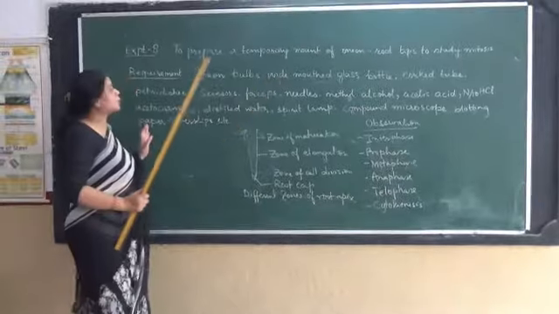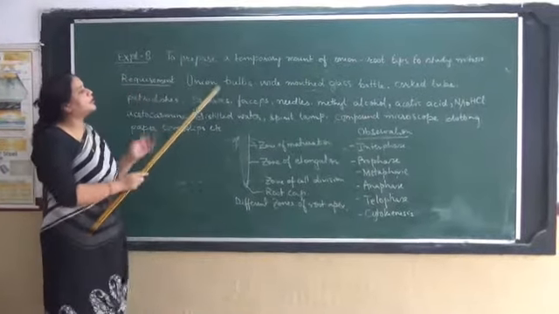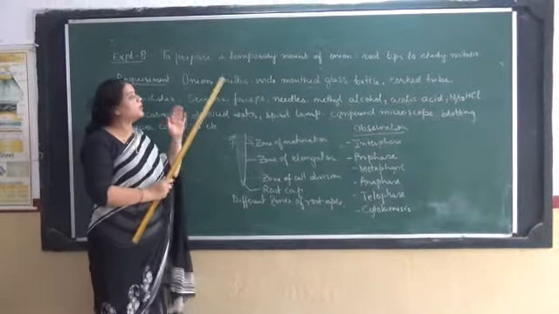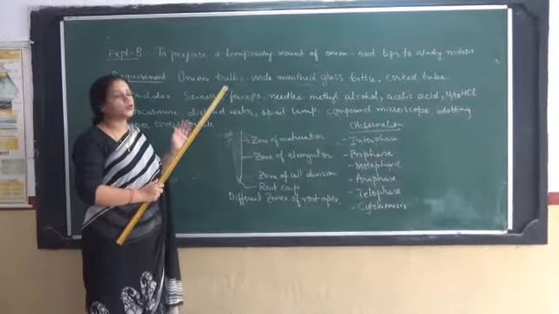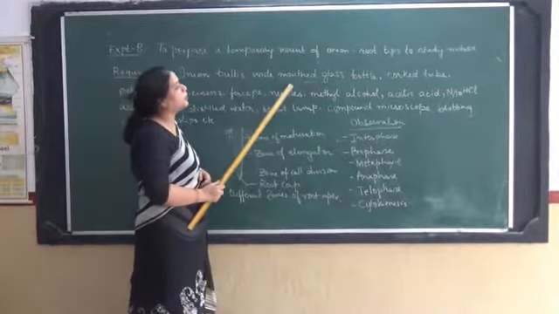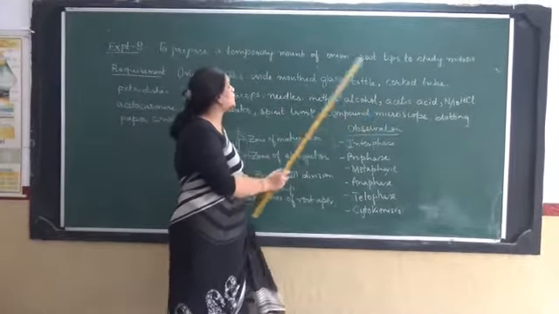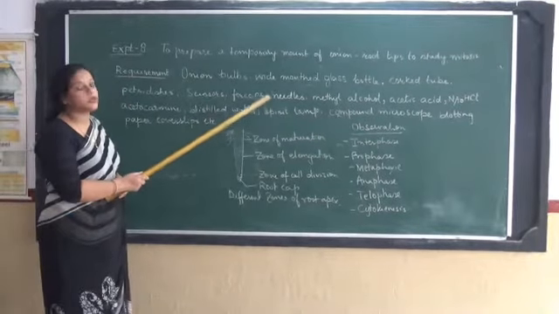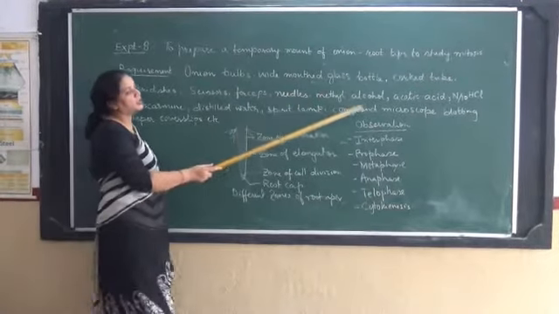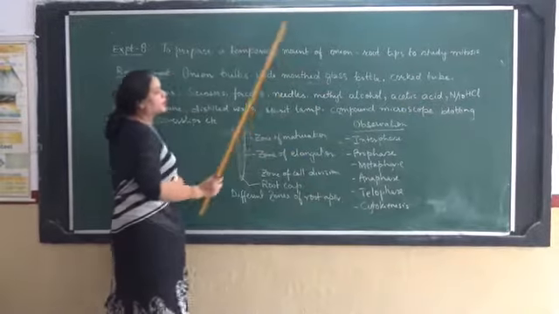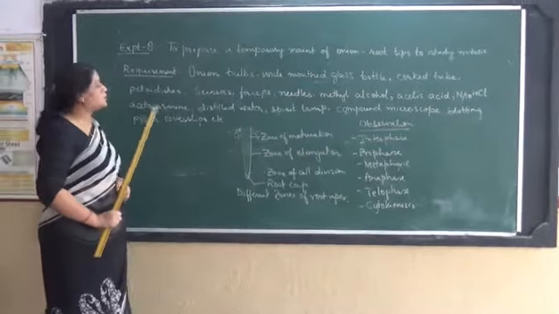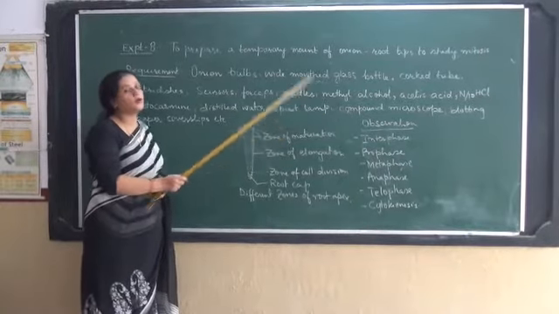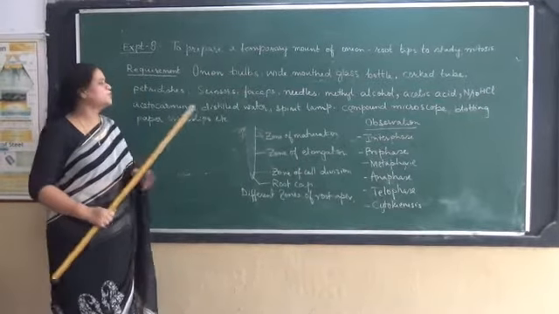So to study mitosis, we have to take an onion bulb which has been left in water so that the roots grow there, a wide mouth glass bottle, cork, tube, petri dish, scissors, forceps, needle, methyl alcohol, acetic acid, N by 10 HCl, acetocarmine, distilled water, spirit lamp, compound microscope, blotting paper, needle, brush, etc.